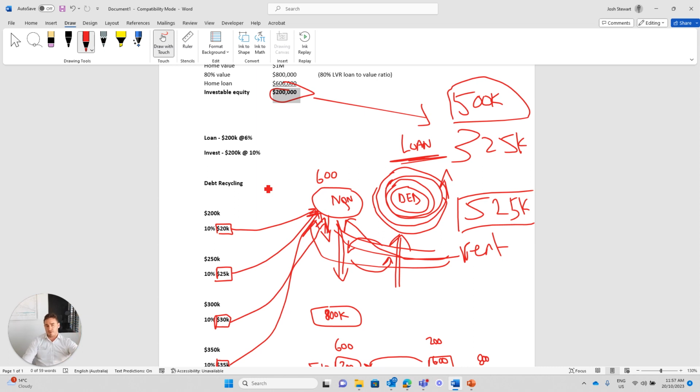But what the strategy could be is that, okay, well, in 10 years' time, this house that you bought for 500,000 has increased, and maybe it's gone up to $800,000, $900,000. And you're able to then sell that house for $800,000 or $900,000. And then that would give you an injection back that you could use. Then you could sell that property and then you could pay down your home loan.